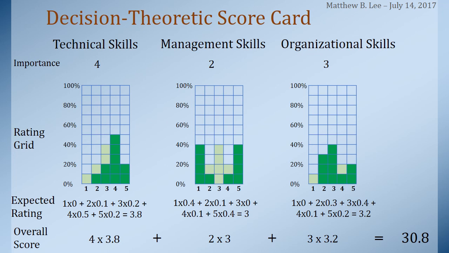If there's just as much reason to think the candidate will perform at a 1 out of 5 as that the candidate will perform at a 5 out of 5, then the 1 column should be just as high as the 5 column. As long as these relationships are represented, it does not matter much exactly which percentages are selected for each column. There are, however, some guidelines that users should keep in mind, and I'll cover those in the